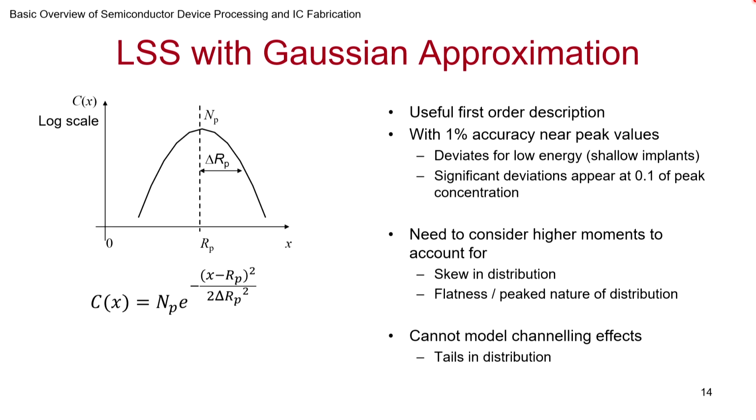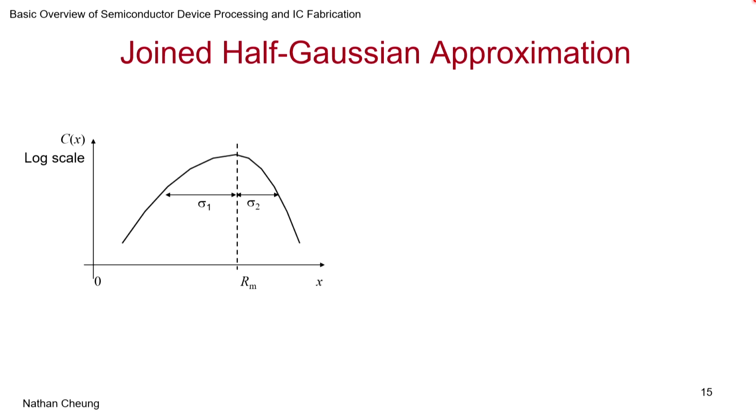One of the key things you note here is that this is for amorphous target implantation. In crystalline material, there is channeling, which we will talk about a little later, and how to overcome it in the short run, or even to model it. This clearly is not capturing the channeling effects. So you have the long tails that you get because of the channeling, and this will not be able to capture that. So let's see how to improve.